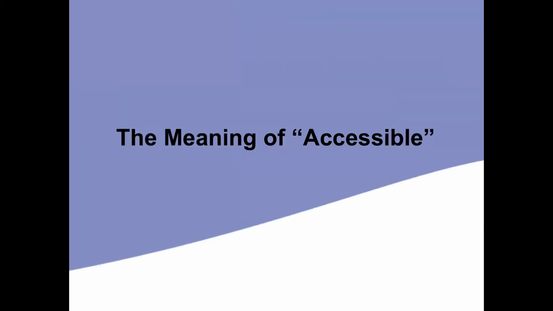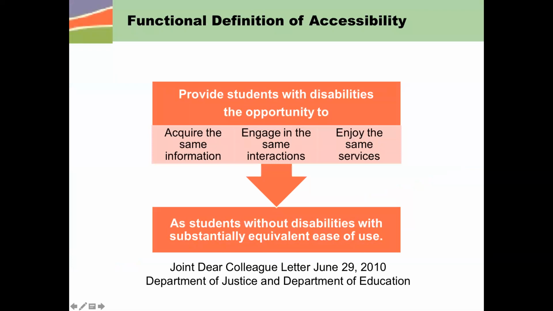So continue on, please. So the meaning of accessibility, and this is one that I'm really extremely fond of. Cynthia mentioned that we do have a definition that relates to individuals with disabilities, and this is it, a joint Dear Colleague letter from the Department of Justice and the Department of Education. And anytime the Department of Justice is involved, it tends to kick the,